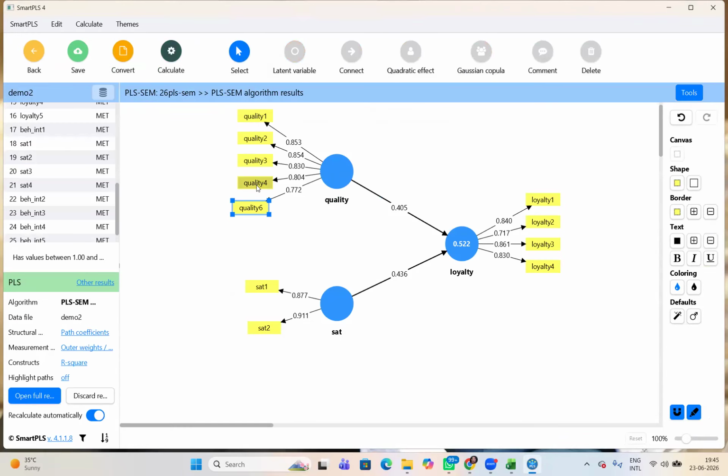The maximum value. Yeah, who is disturbing? Simran, please check. Let me check.